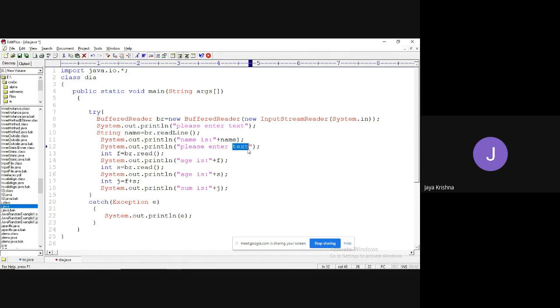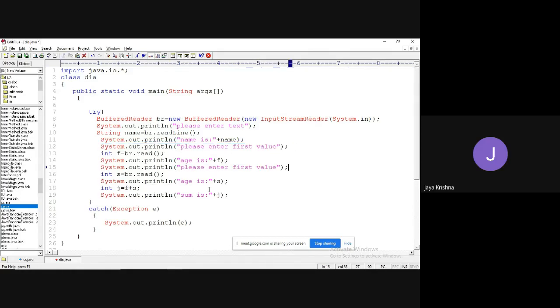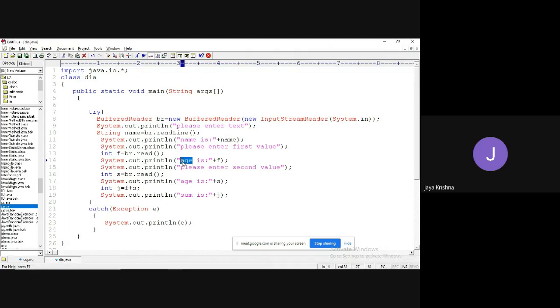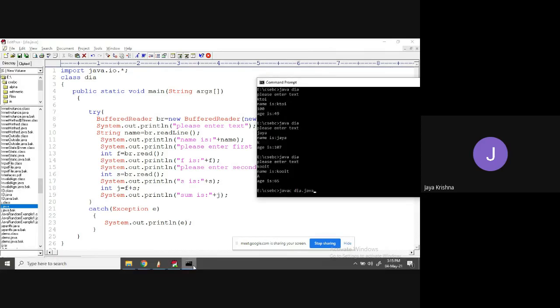Enter first value, enter second value. First is, second is. So let us execute.